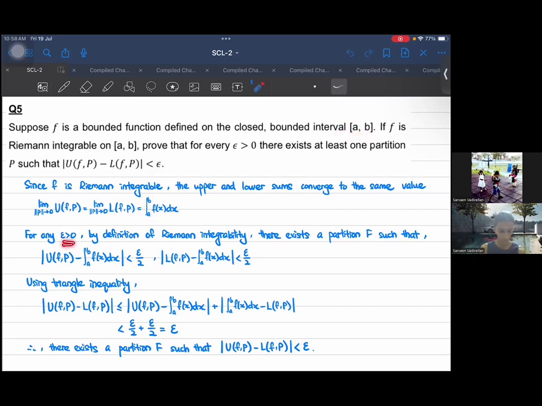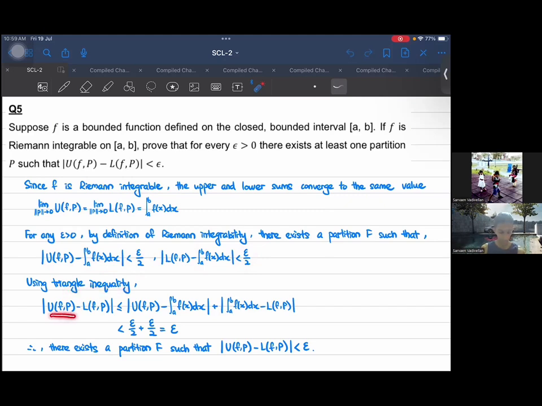For any epsilon more than 0, by the definition of Riemann integrability, there exists a partition P such that the upper sum with respect to partition P minus the integral from a to b is less than epsilon over 2. The same holds for the lower sum: the lower sum of f with respect to partition P minus the integral from a to b is less than epsilon over 2. So by using the triangle inequality,